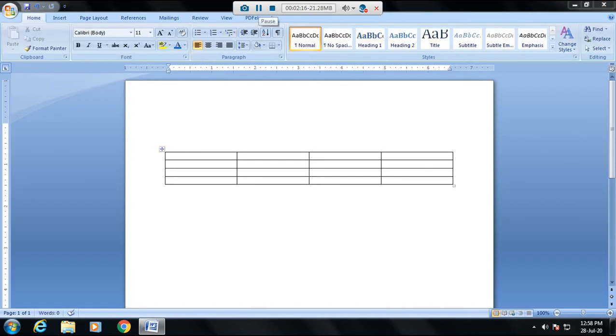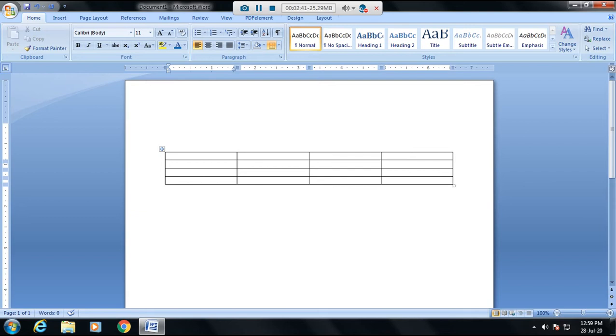Next is how to increase or decrease the width of a table column, meaning this space. Hold your mouse on the column or row line like this. The mouse cursor will change into a double arrow.